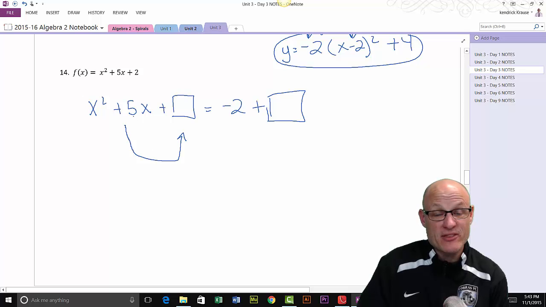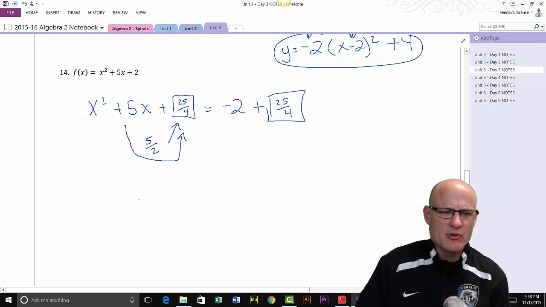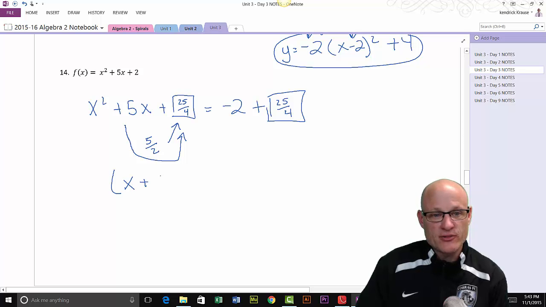So we're going to take half of this. Half of this is 2.5, or 5/2. And if I square it, I get 25 over 4. So we're going to add 25 over 4 to both sides. Now, I am going to convert these probably to decimals. Well, no, I'm not. So my equation is x plus 5 over 2 squared is equal to,